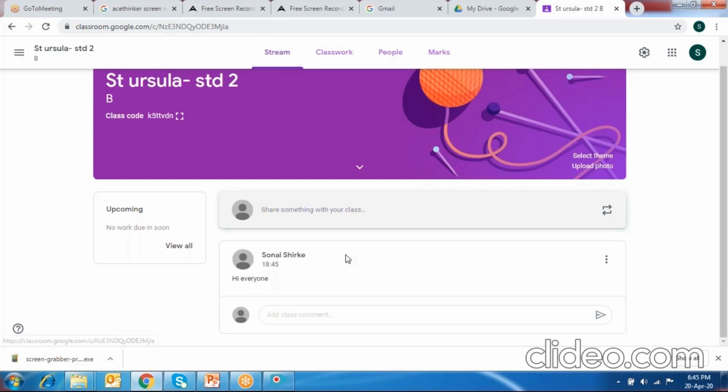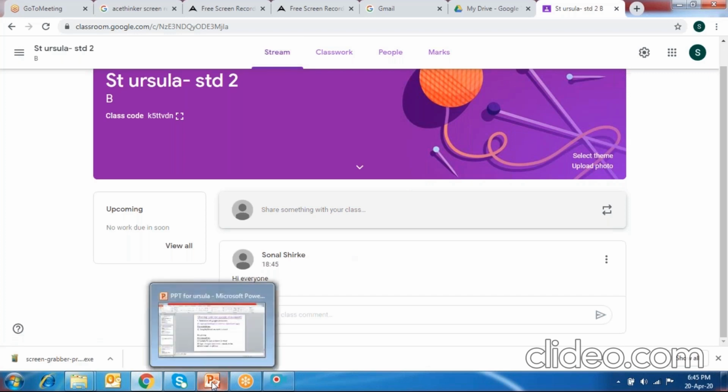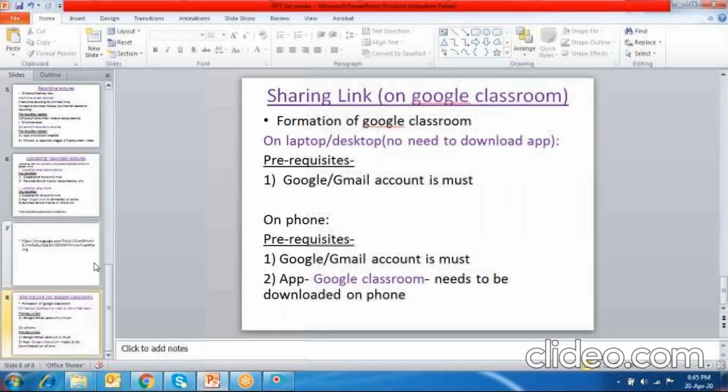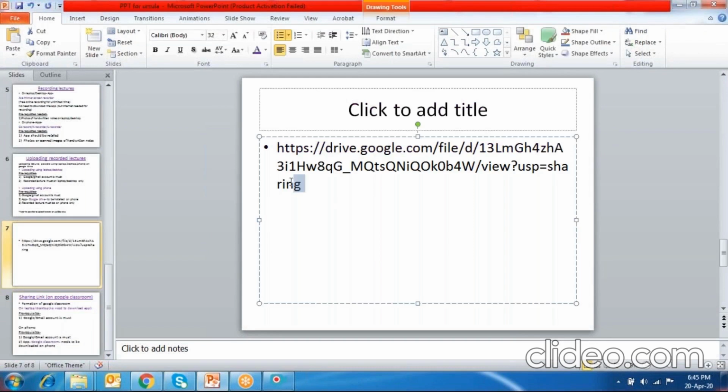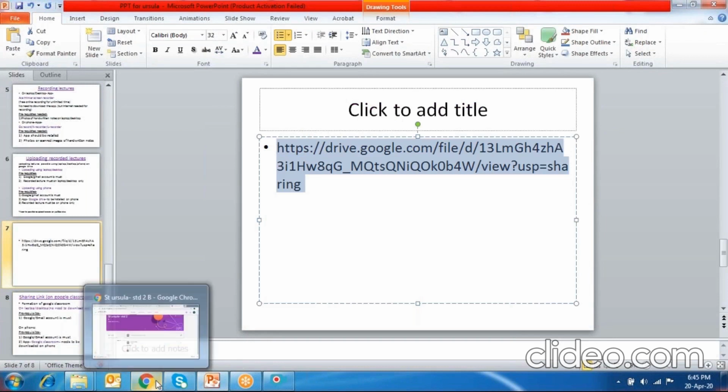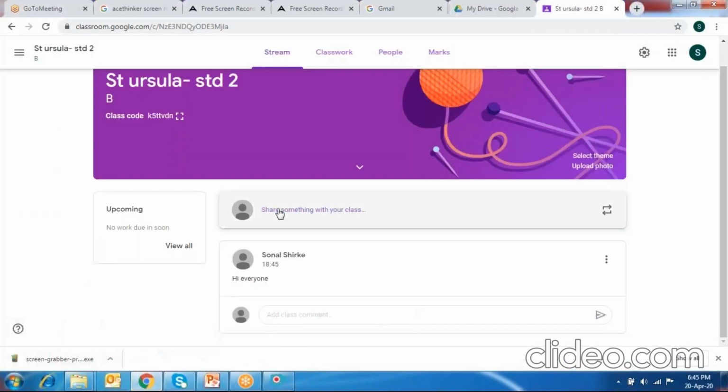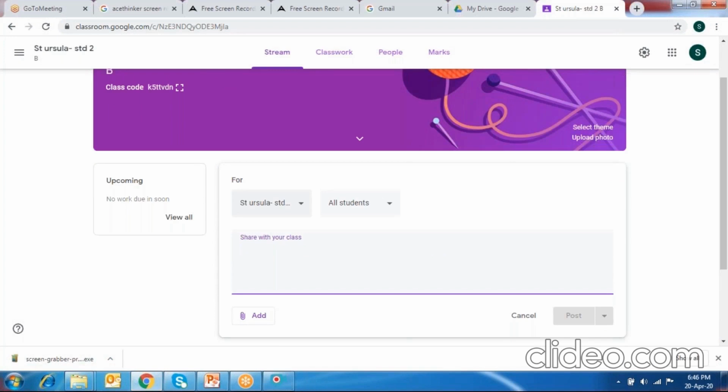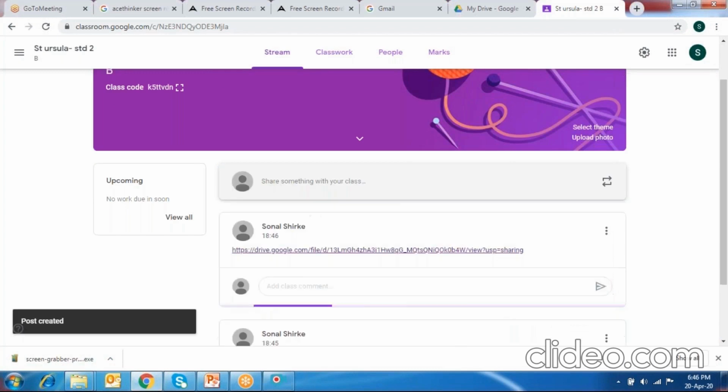Then the next, the link which I had copied on the PPT, if you remember, let me take you back to this PPT. So this is the link. I select this link, I copy this link, and then I go back to Google Classroom, share something with your class. I paste the link over here, and then I again say post.